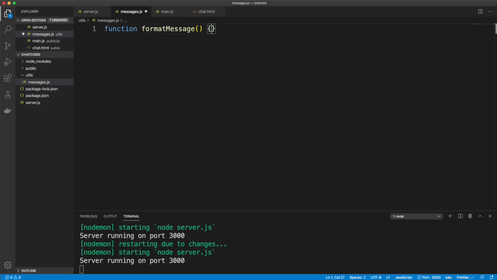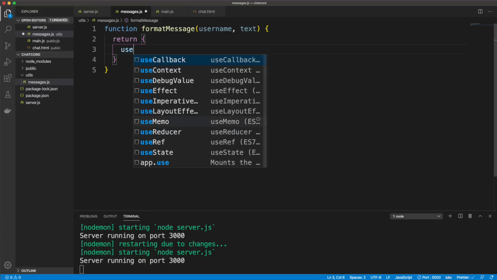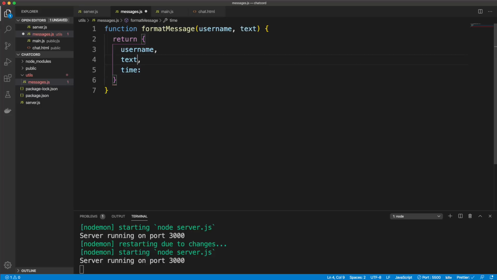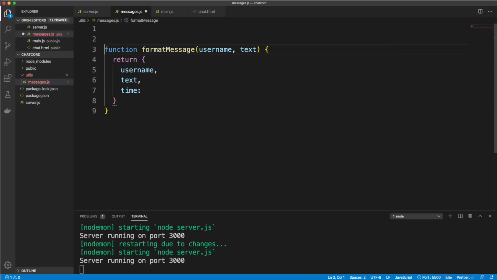Format message is a function, and it's going to take in two things, a username and the text message. And from that, we want to return an object with the username. So just like doing this with ES6, we can just put in the username. Text, same thing. And then I also want to add the time, which I'm going to get from that moment.js